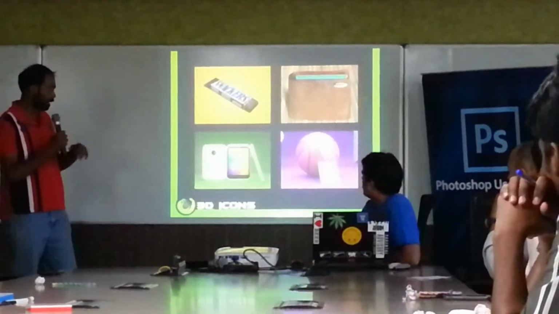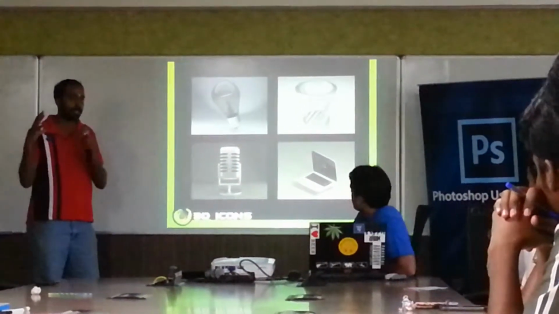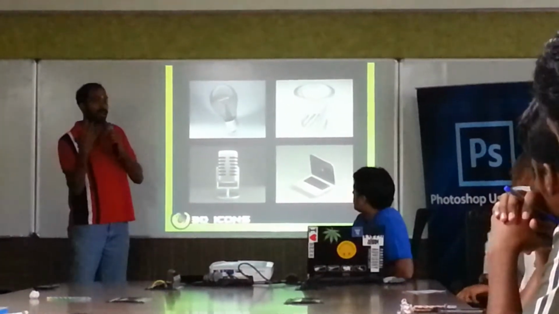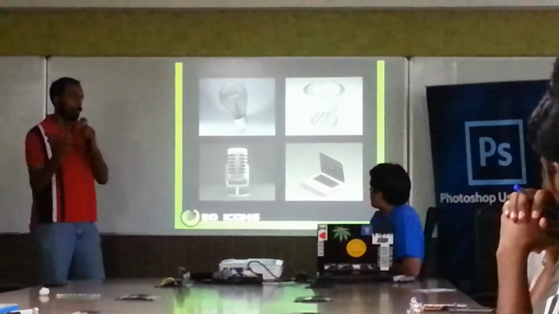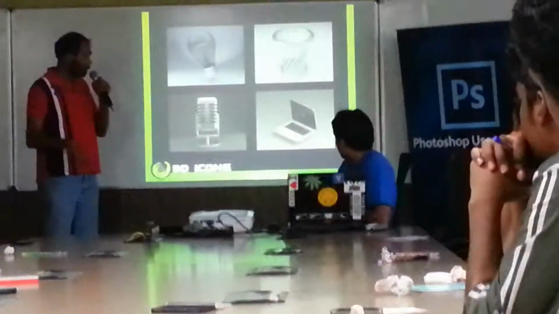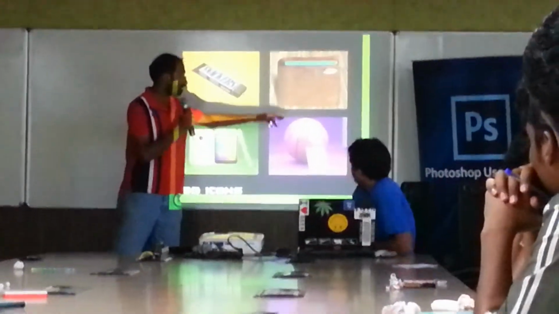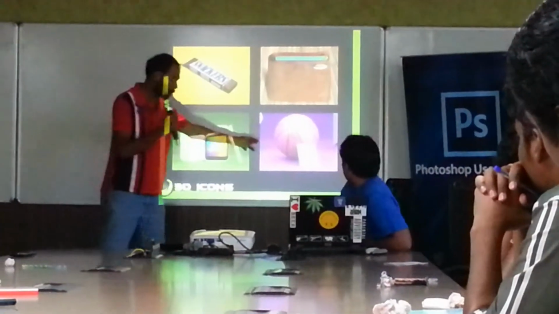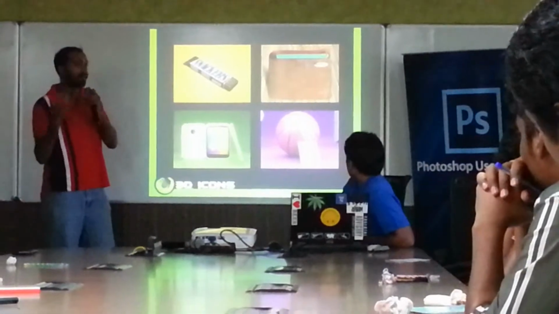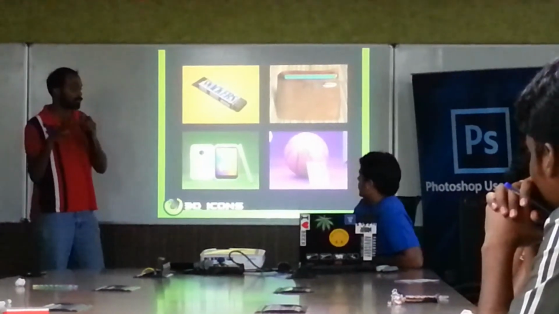For example, go to the next slide. These kinds of examples, the reflections, come when you use the softbox and it reflects on the product, and it gives a nice kind of shade. These types of real-life scenarios can be easily reproduced in that program. Go to the previous slide. As you can see, there are two softboxes in this particular example, which create these two highlights. In a typical photographic example, we will have a key light and a fill light. Those kinds of simple photographic techniques can be reproduced using that software.